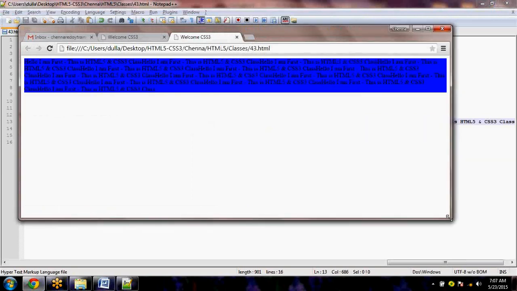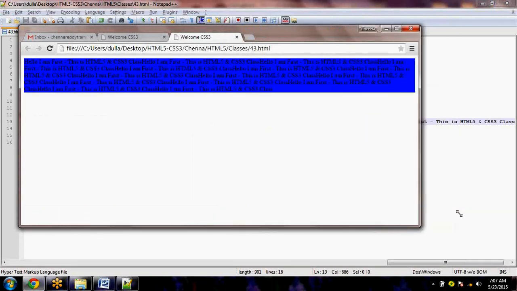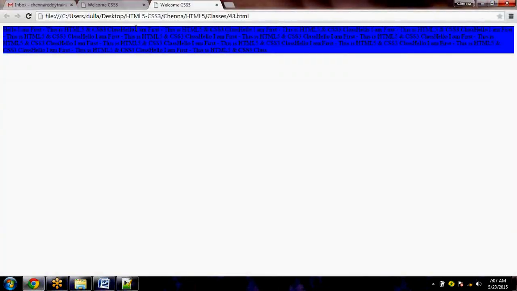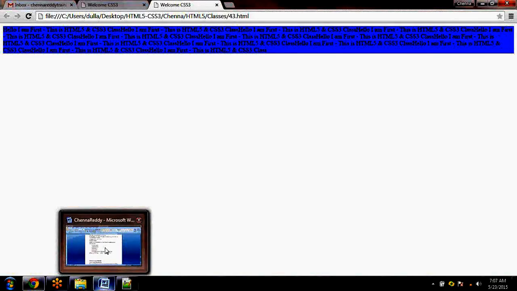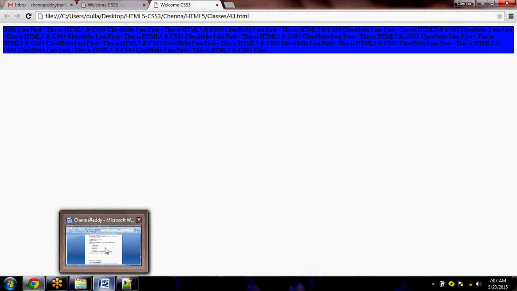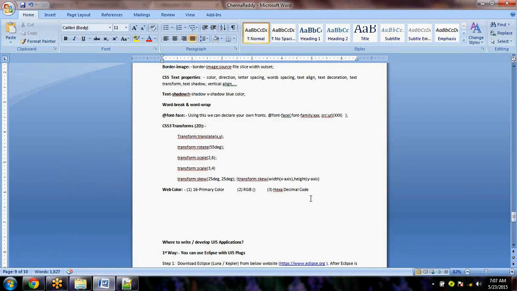That's fine. Now, if you look at the line gap, yesterday we have seen word gap, word wrap, all these things. Now there is something called line height. I would like to have a bigger gap between the lines. So how do we do it? In MS Word also we have that, right? In MS Word also we have that one. So if you go here,